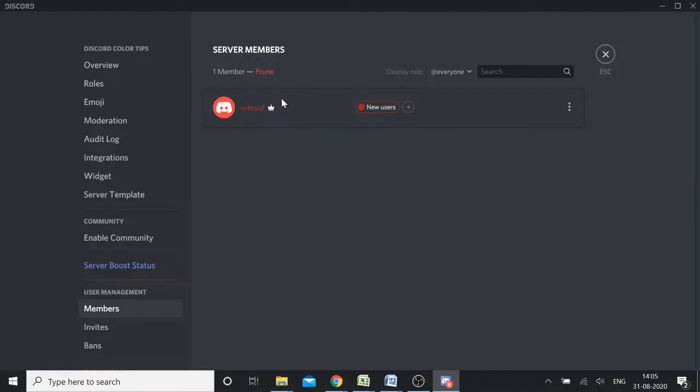Simply keep in mind again, you need to create a role, or if you have already created one, go to the role settings, assign a different color for every role, and then go to the members, right click on them, and assign a specific role so that they can be differentiated by their colors. Every member in your server can know which user belongs to which role, whether they are admin, user, new user, moderator, manager, or owner. So you can assign different colors to all the roles, and this would be easy. You can practically do it.